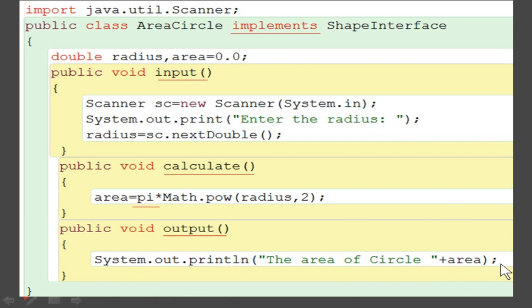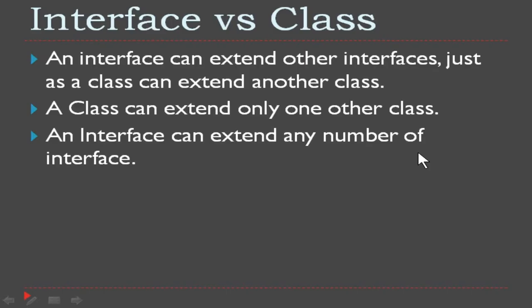Not only this, you can also include more methods, but these three methods are compulsory, same like your abstract class, where you have a method which is incomplete, you have to complete it in the subclass. Same like that, interfaces also will have some incomplete methods which have to be completed in the subclasses which implement this interface. So now you are going to see what is interface and what is the difference between